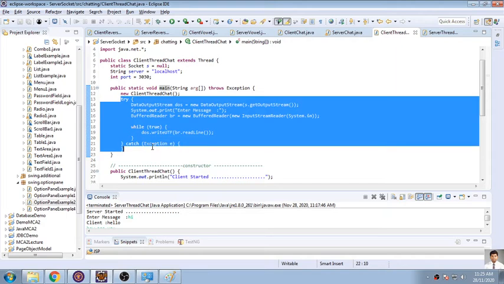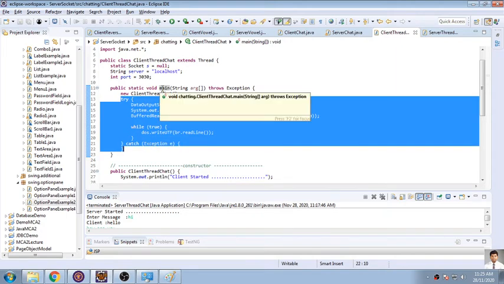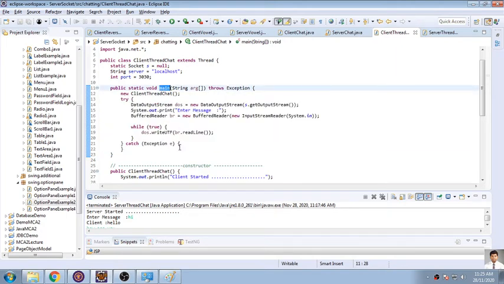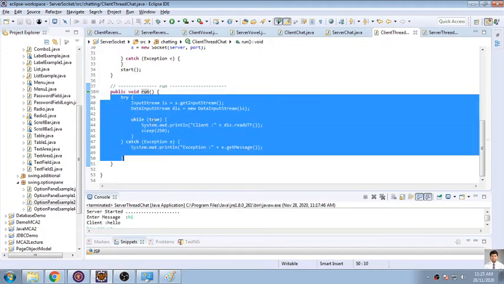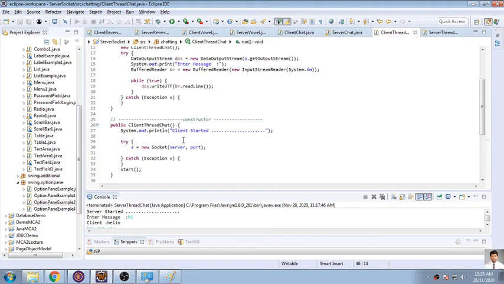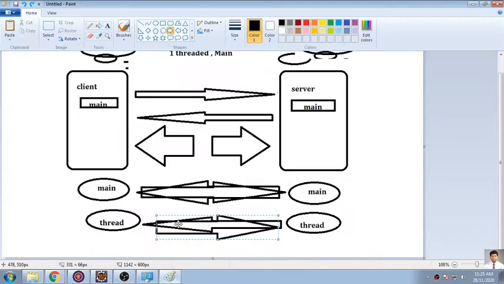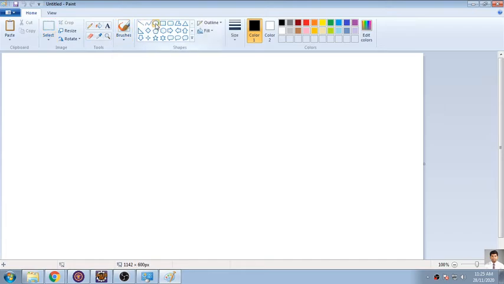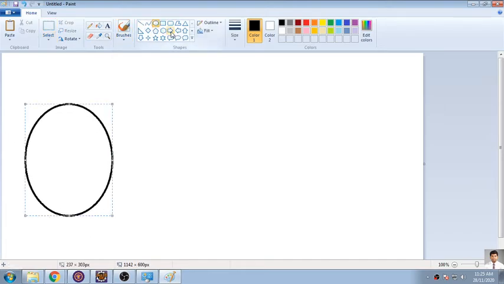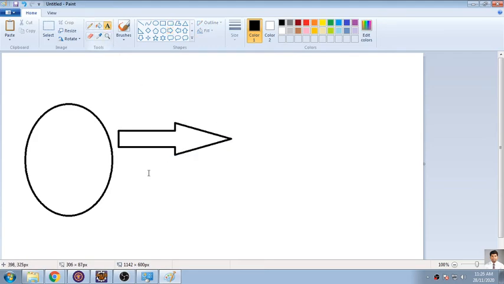So this part will keep going with continuous execution, which we call the main thread, and the other sub thread, which is created by dividing the main thread into two streams, will be executing the code that you have written in the run function. So this is dividing a main thread into two threads. What will happen exactly is that a main program will first create one thread, which we call the main thread.